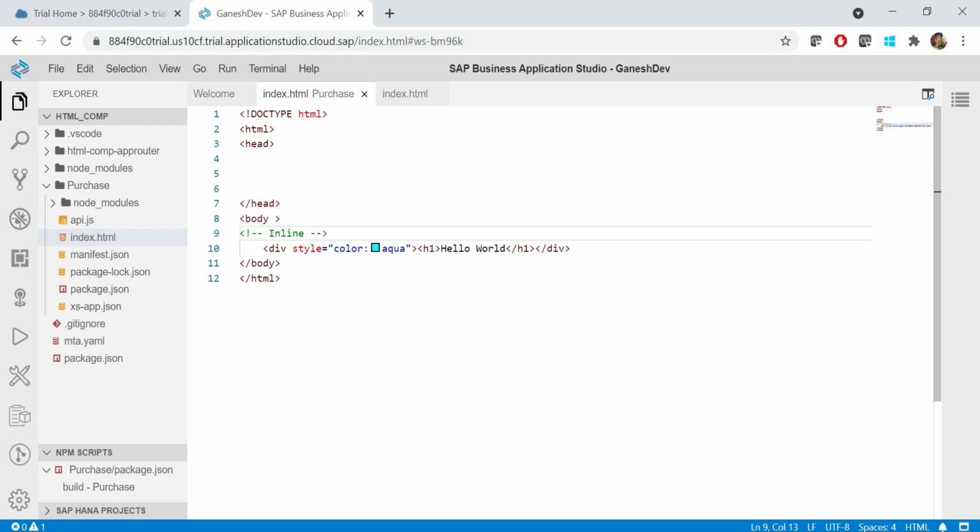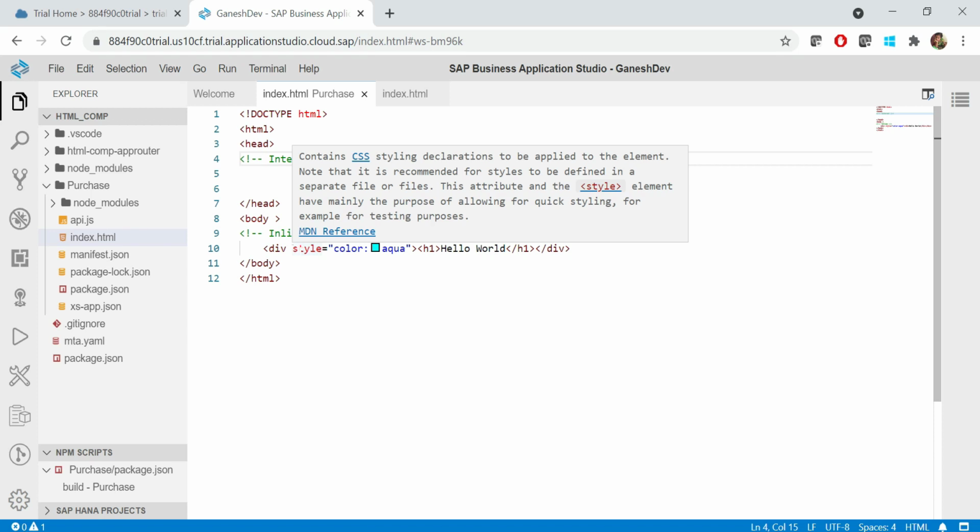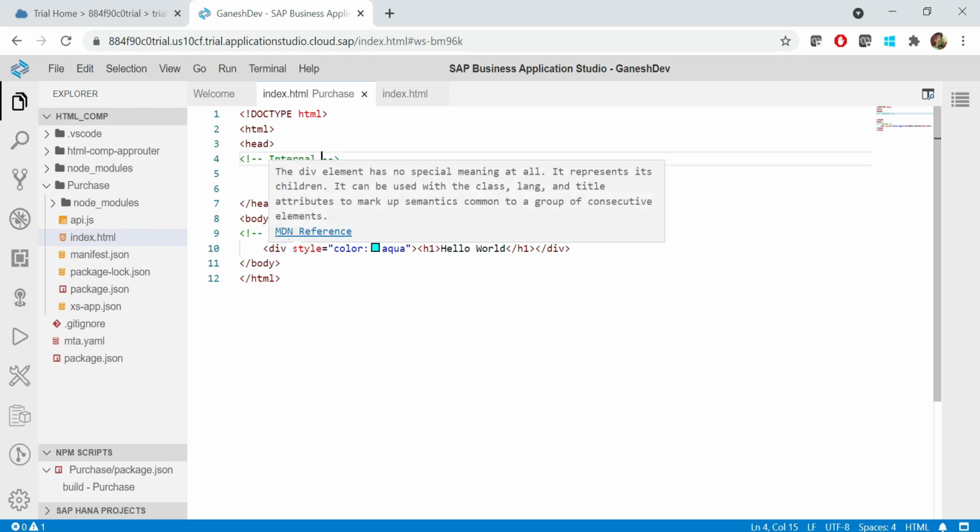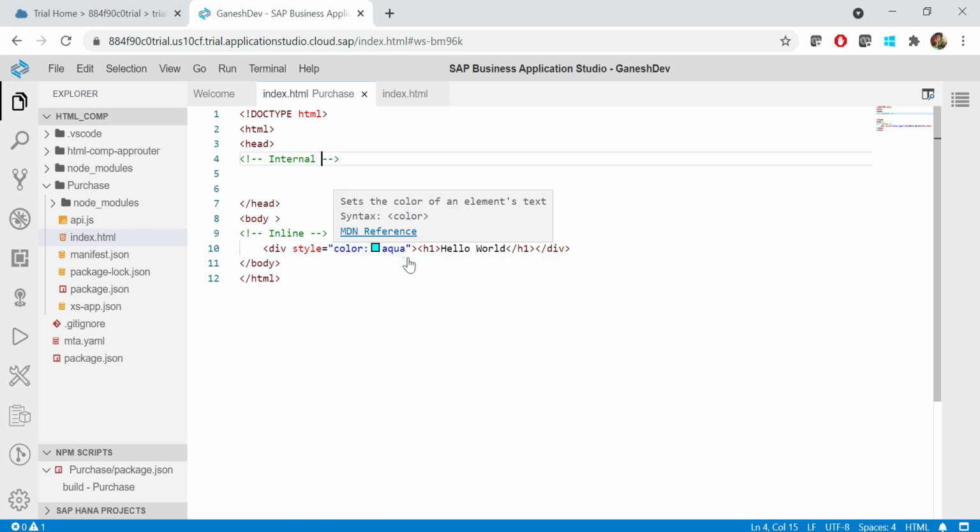Another option is to do this as an internal property. Internal is the same as in ABAP, where we call it a modularization technique. I want the same kind of style for more than one line in my HTML page. If that is the case, don't repeat it again and again. Here it's only one style. Suppose they want a different font,